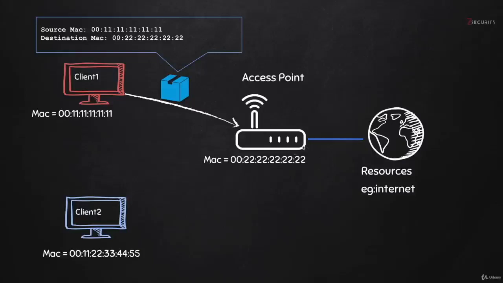But if you remember, I said in wireless networks, if you're within range, then you'll be able to capture all of this communication because these packets are literally sent in the air. So we can just capture them even if they do not have our MAC address as the destination MAC. To do this, we need to change the mode of operation of our wireless interface so that it operates in monitor mode. So let me show you what I mean.